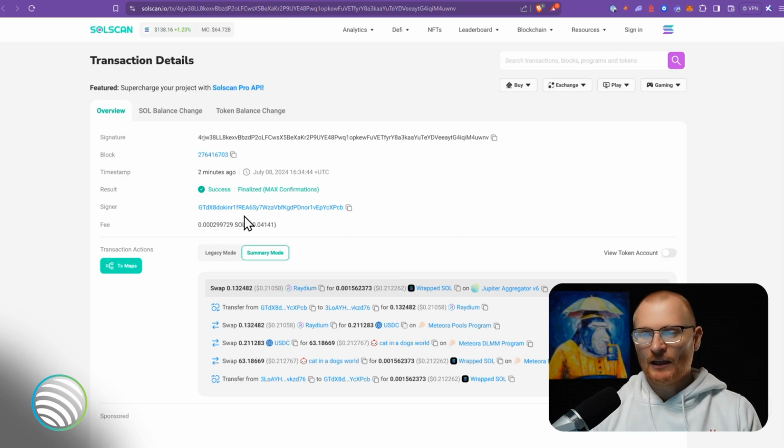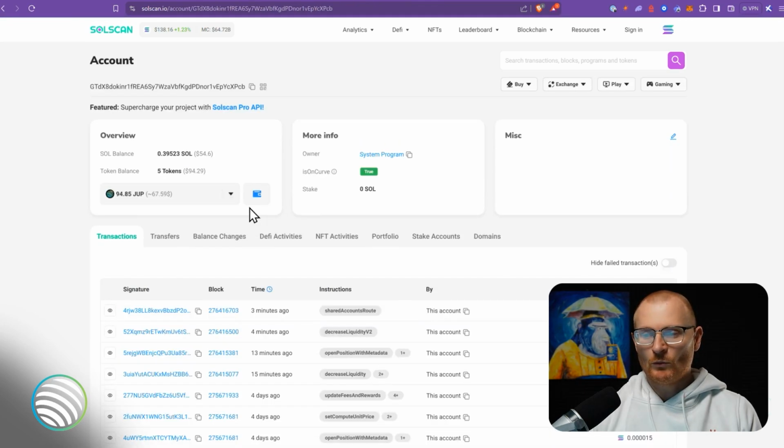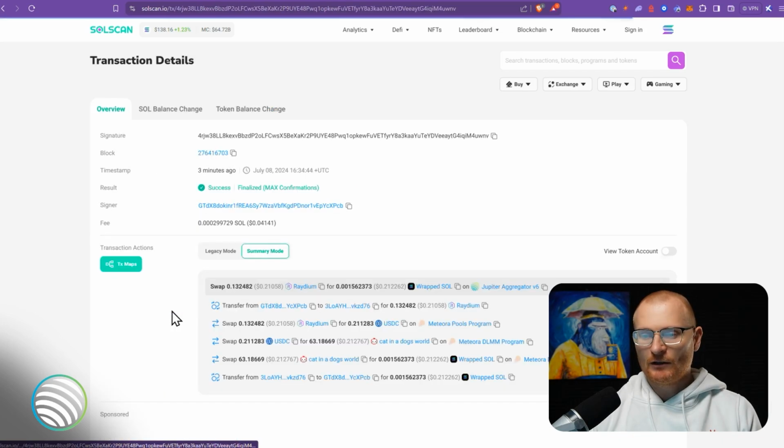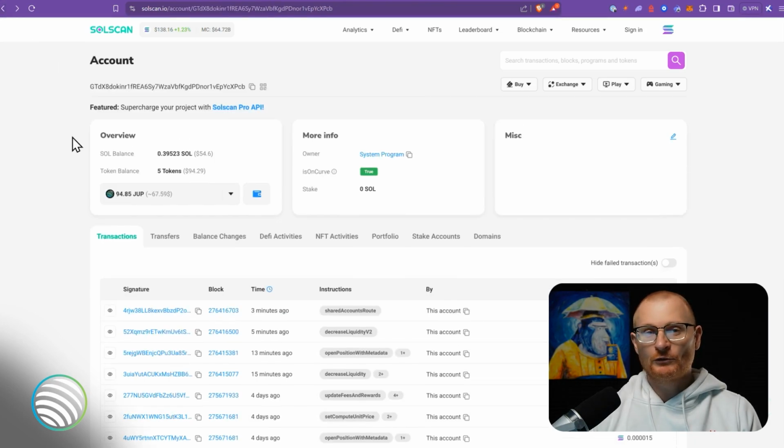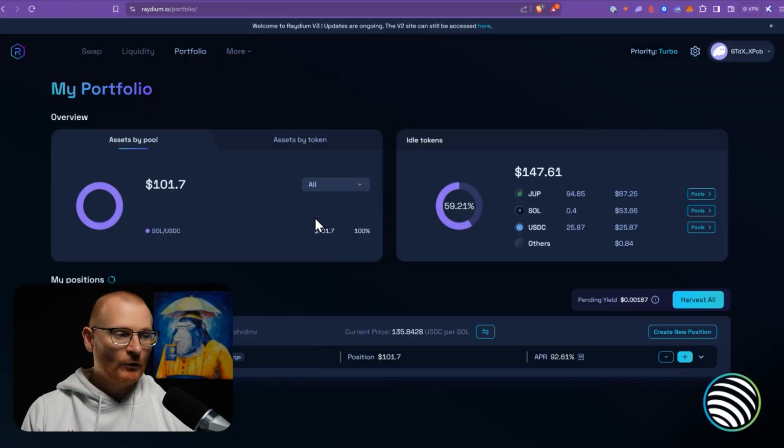In the meantime, this is our signer address. So this is our public address that actually signed the previous transaction. We'll click on this, we'll let it load, and we need to see if there's actually another adding of liquidity transaction. If we click on this one here, we can see this was the swap from Raydium into Solana. So our transaction previously that we wanted to try and push through to add more liquidity, it didn't actually go in. We'll go back to Raydium and we'll go and add this again.